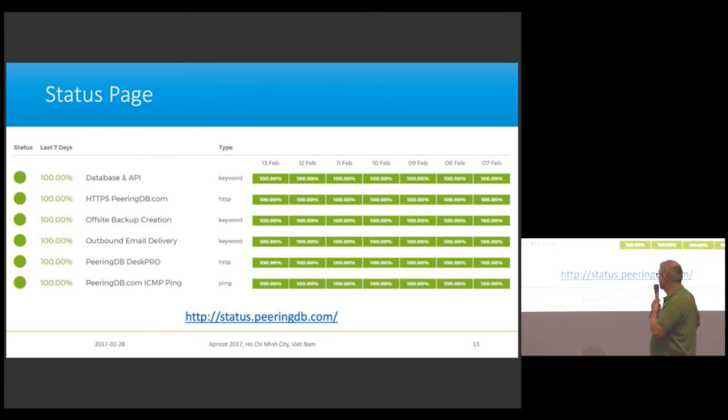This gives you the status of email delivery, and this is about our support database, which is offered by DeskPro, and this is simply a ping. As you can see, this is taken from 2 weeks ago. More or less, as far as I know, for 6, 7, or 8 weeks, we have had 100% uptime.